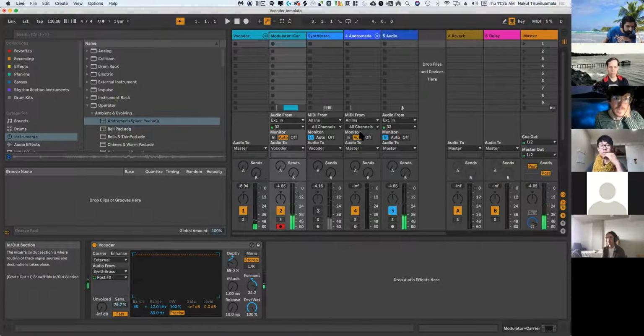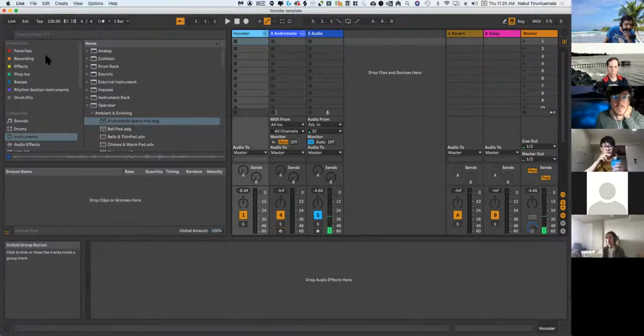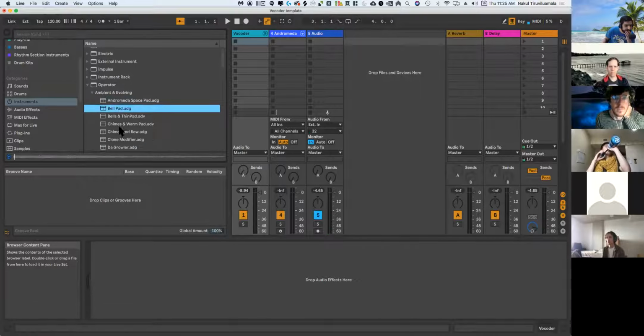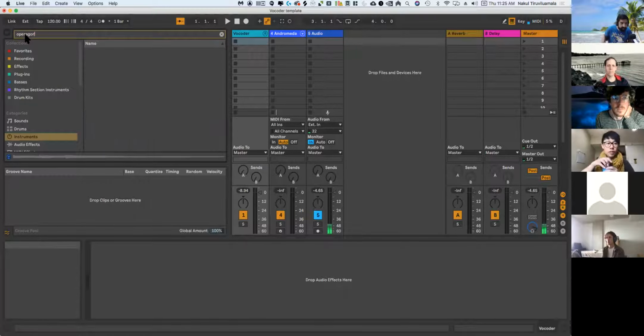To show you regarding this, which is kind of cool, let me actually take a simple sound. Let me just open up Operator, and I will just create a simple